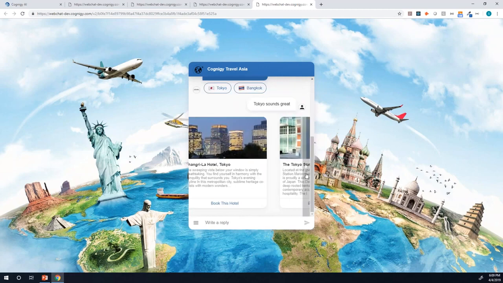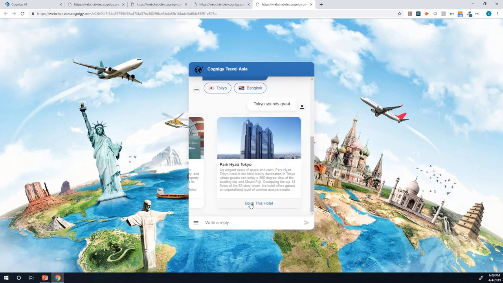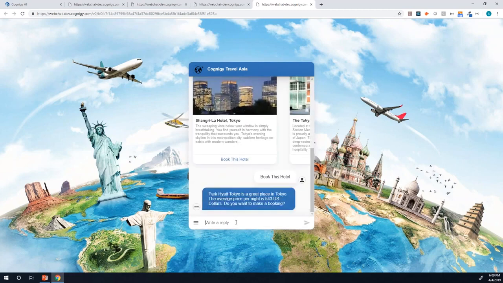We're now getting hotels in Tokyo. We choose one in this gallery that we like, for example, this one, and it gives us the price. And these hotels, of course, they don't live in the bot, right? These hotels are pulled from an external system, in this case a database, where the information about the hotels is stored. Now I could say yes or no, or I could say, wow, that is expensive, maybe Bangkok